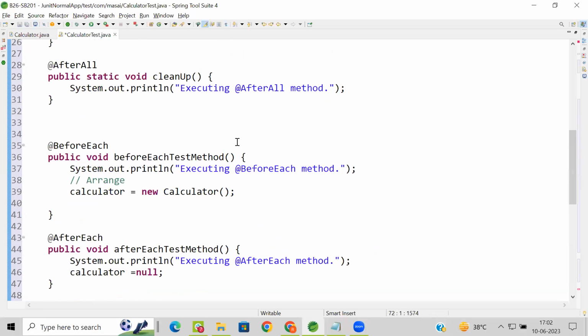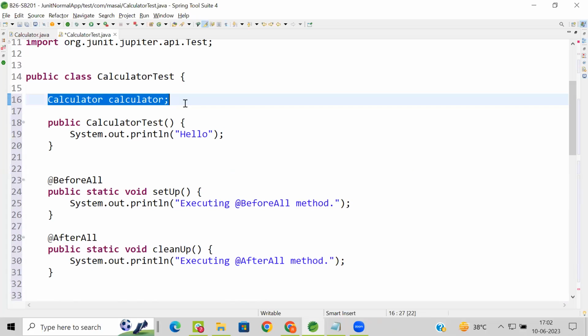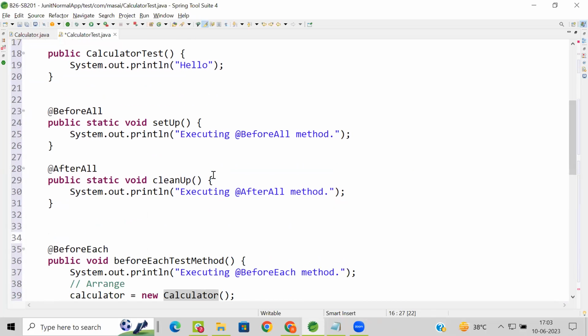Now listen carefully. So this is our calculator test class. Initially, what I did, I just took that calculator instance variable. और इसे हम initialize कहाँ पे कर रहे हैं? See here, I'm initializing this object where